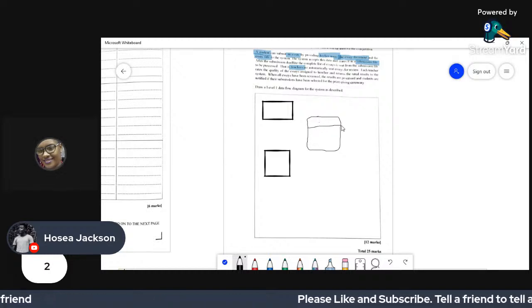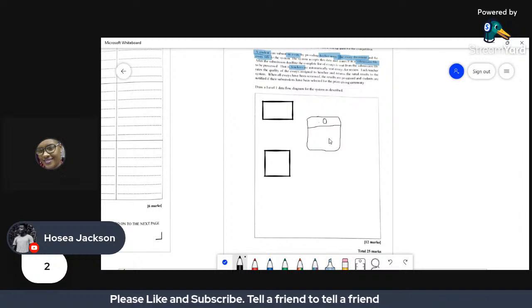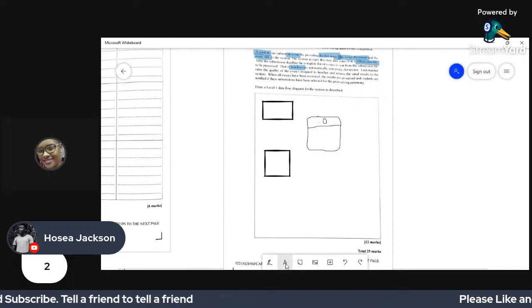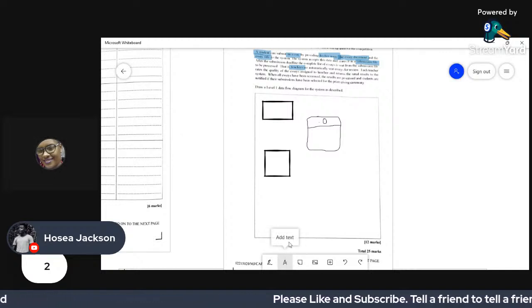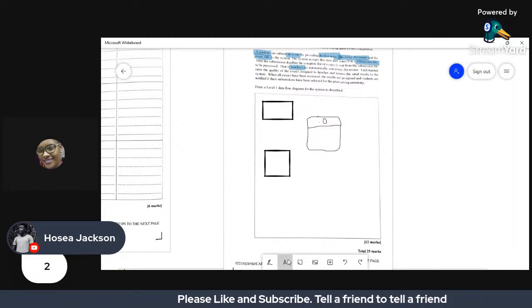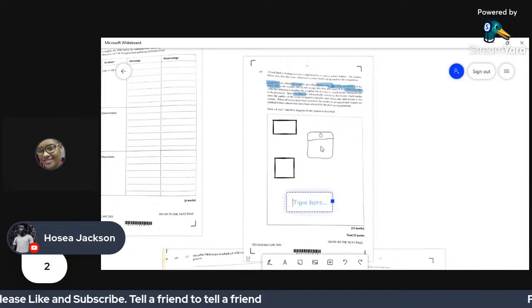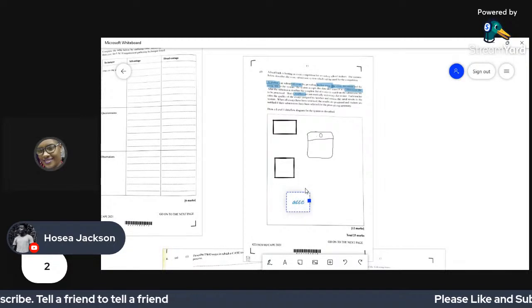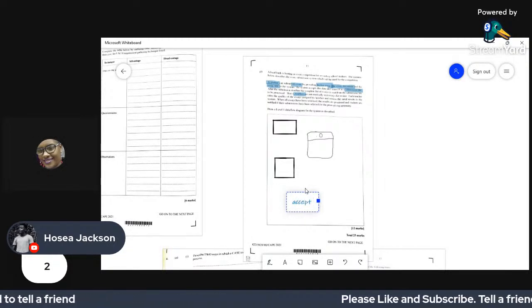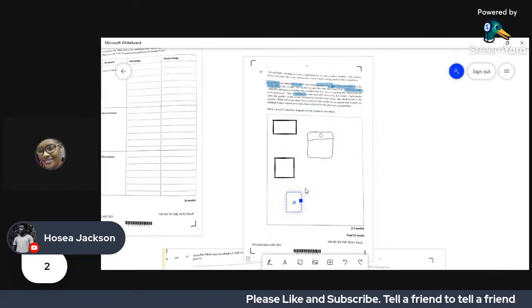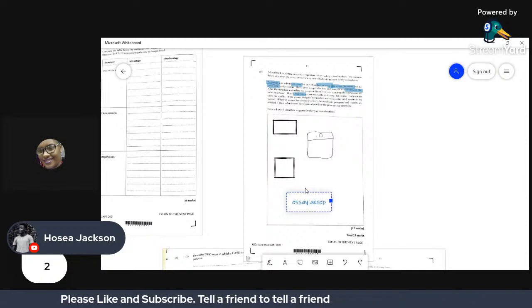And we're going to label our processes. So this process is going to, let's say, accept essay, or essay acceptance. That's what I'm going to use.